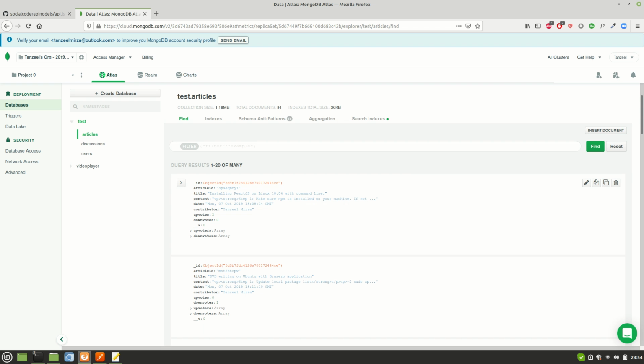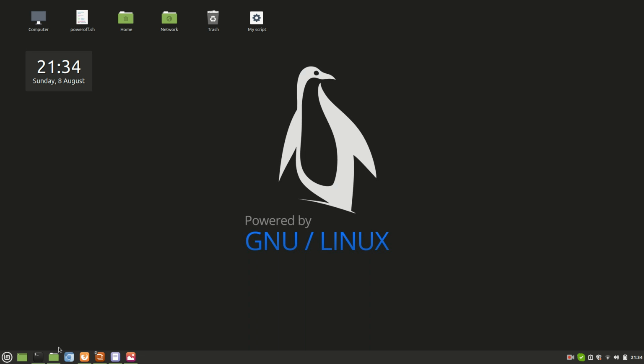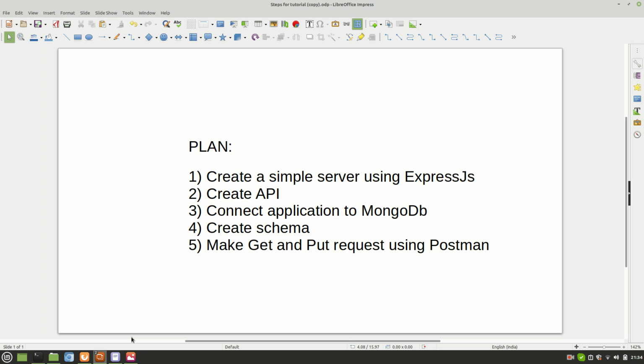So now today in this lecture, we'll create one schema. That is, we'll write the code and see things happening live. Here is our tentative plan. So this is our plan for today. Let's see how much time we have and how much we can cover in this particular video. If there are some leftover topics, we'll cover them in the next video.